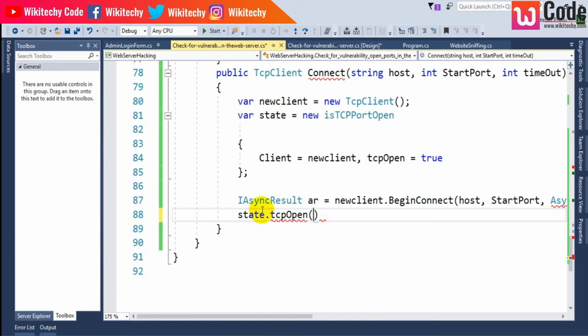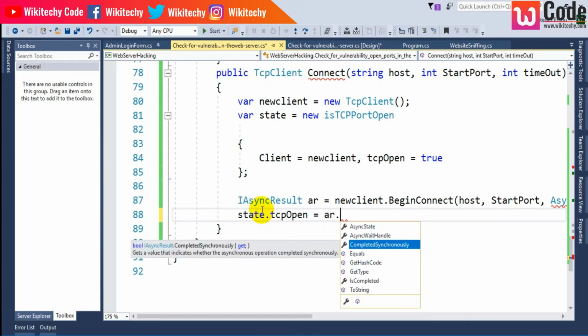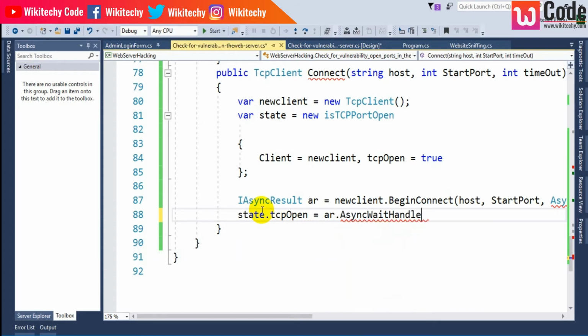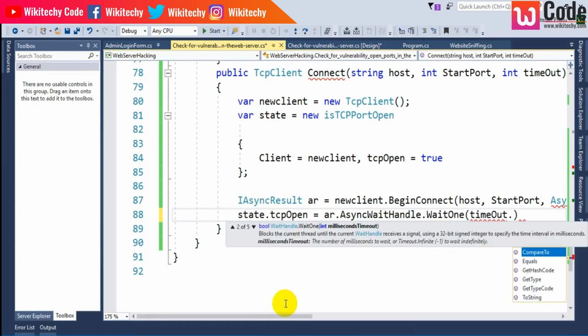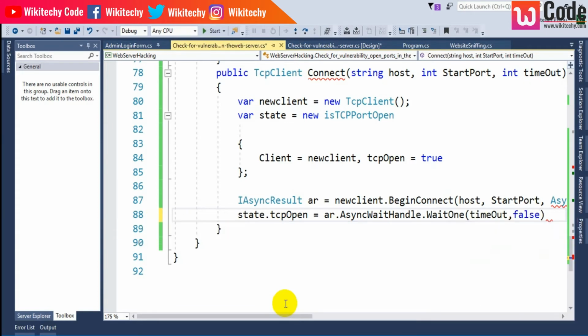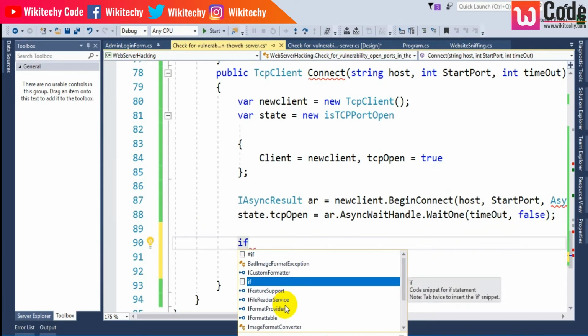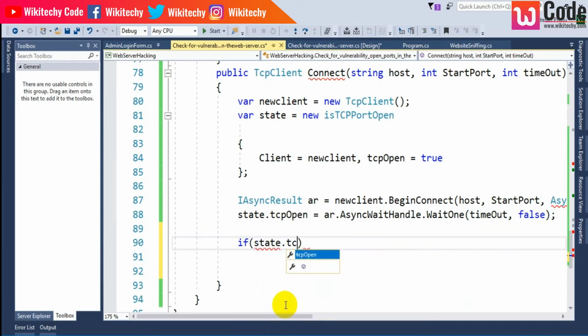I'm trying to give is equal to AR dot async wait handle dot wait one of timeout comma false. If state dot TCP open is equal to true,